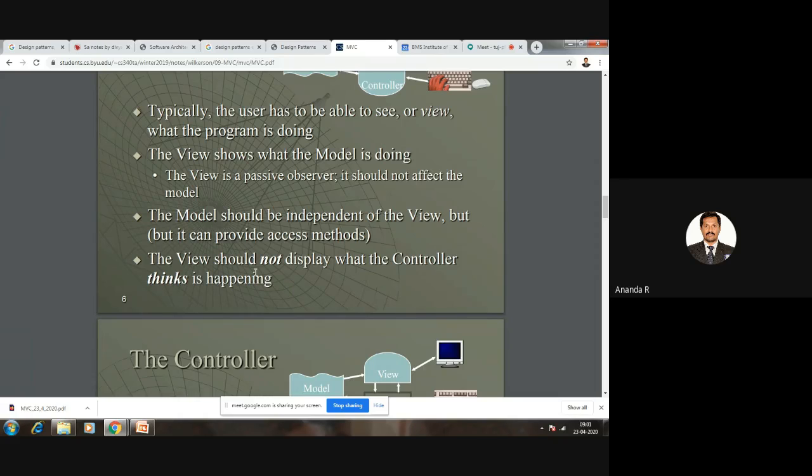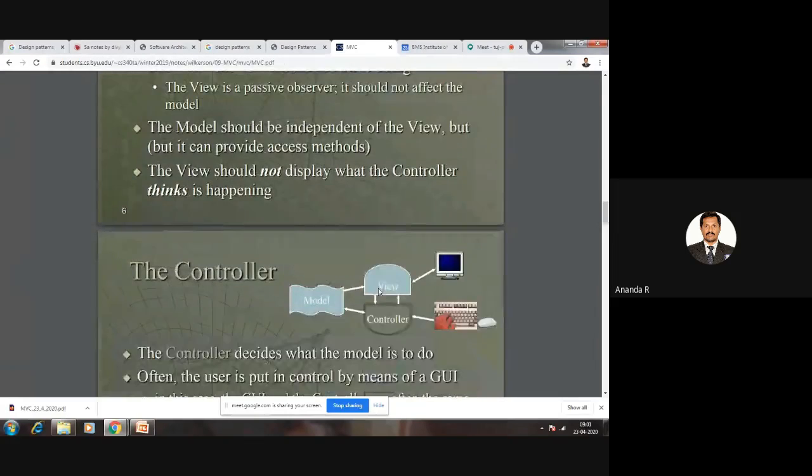That is the meaning of not displaying what the controller thinks is happening. Many things will be happening inside the controller, and all of them need not be displayed. If the view displays the end results of the controller, that is more than enough from the view component's side.